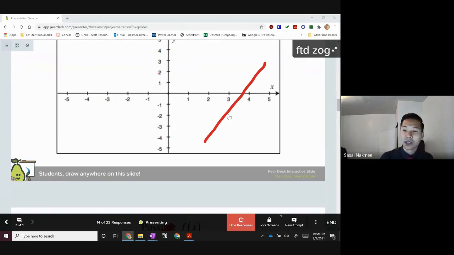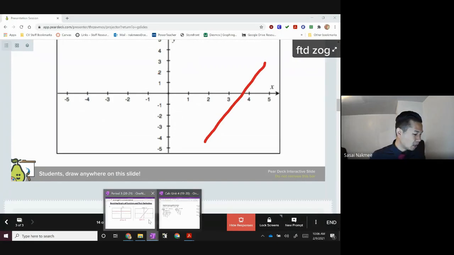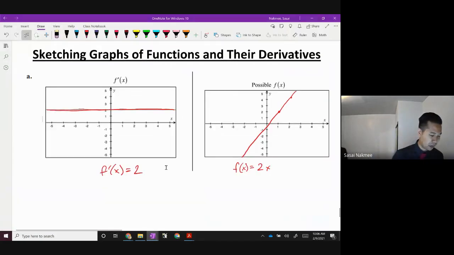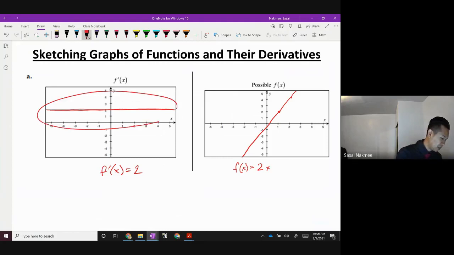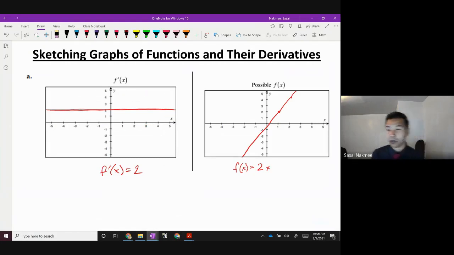Yeah, same thing. As long as your line has a slope of 2, then it's following, right? That first one right there, it's following this derivative, right, of having a slope of 2 for all the values. Okay. Now,